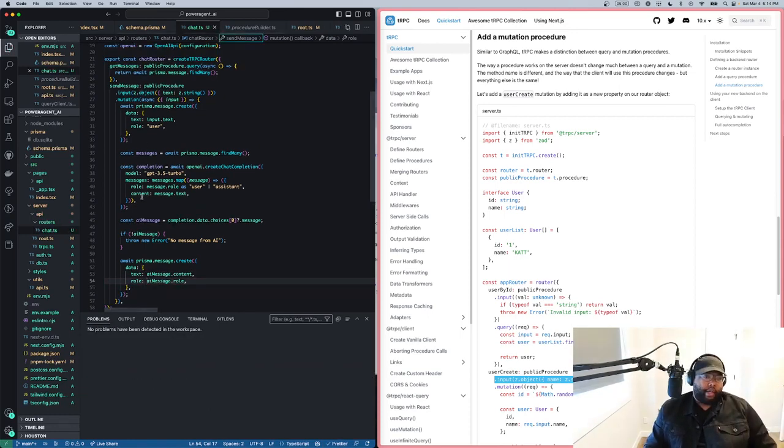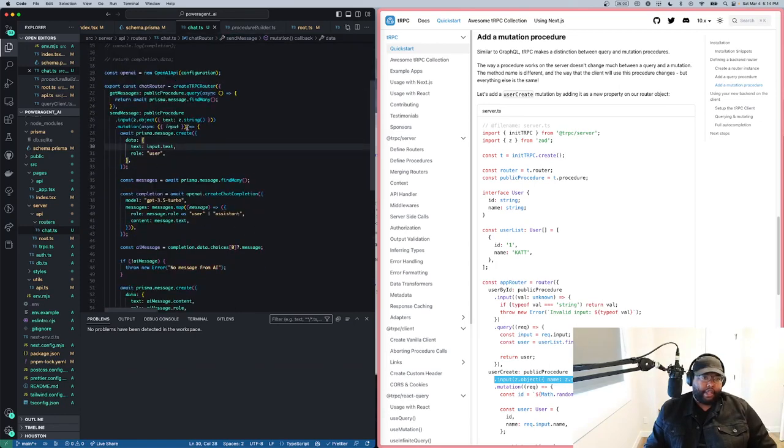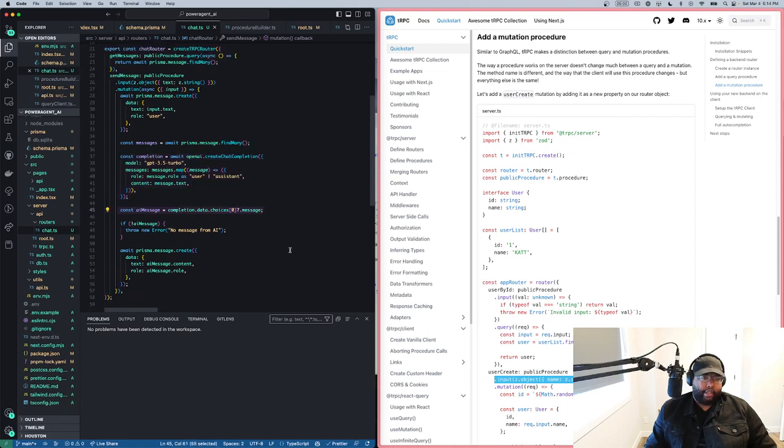Perfect. So, what should happen here is when I send my message in, that gets added to the database. ChatGPT pulls all the messages back out of the database, including the message that I created, sends that for completion, then the completion I get back from ChatGPT, I'll push that back into the database, and then